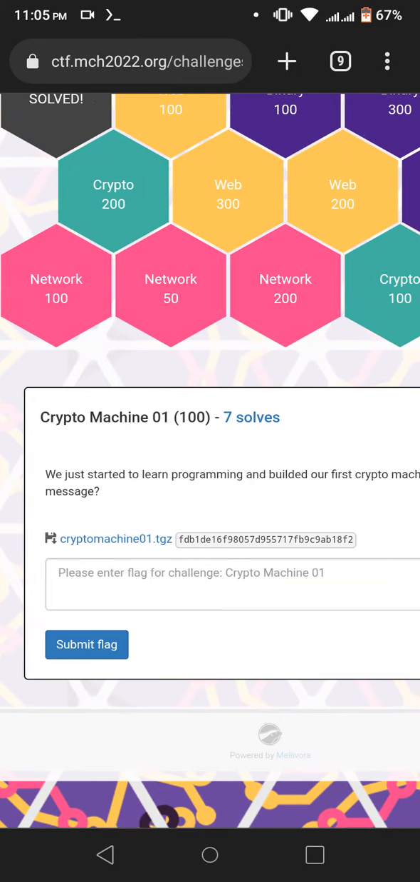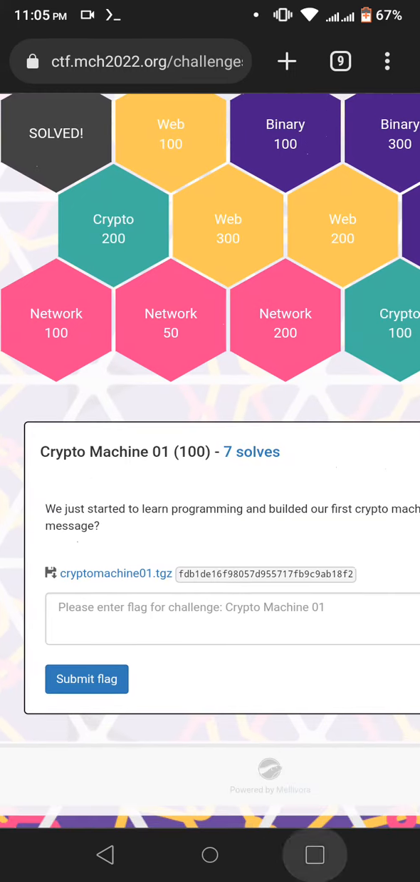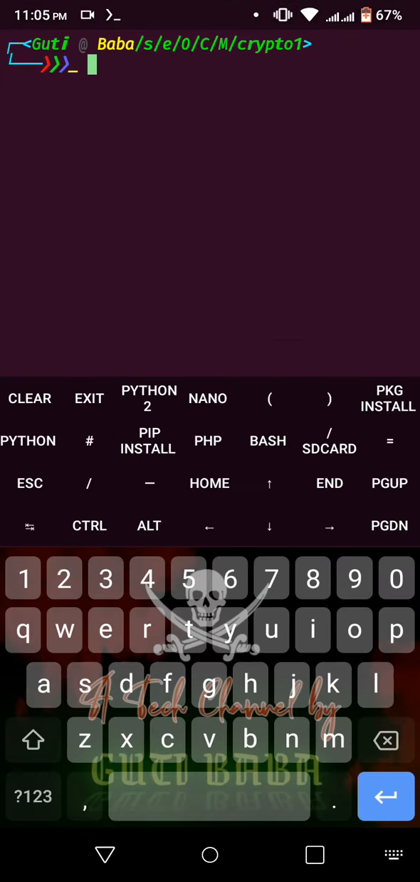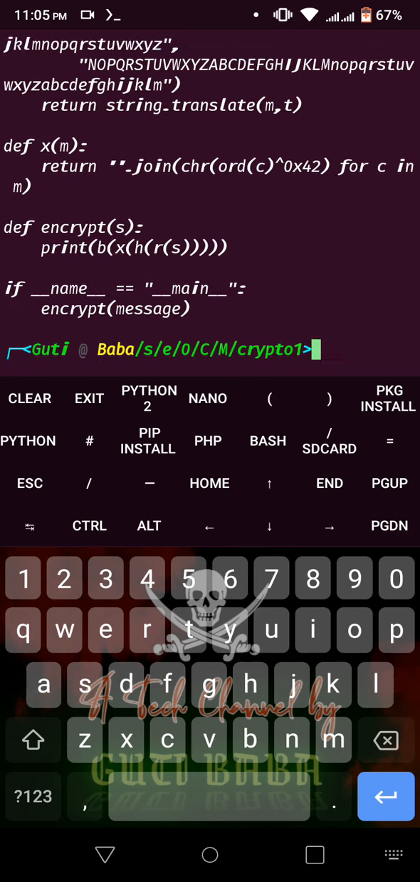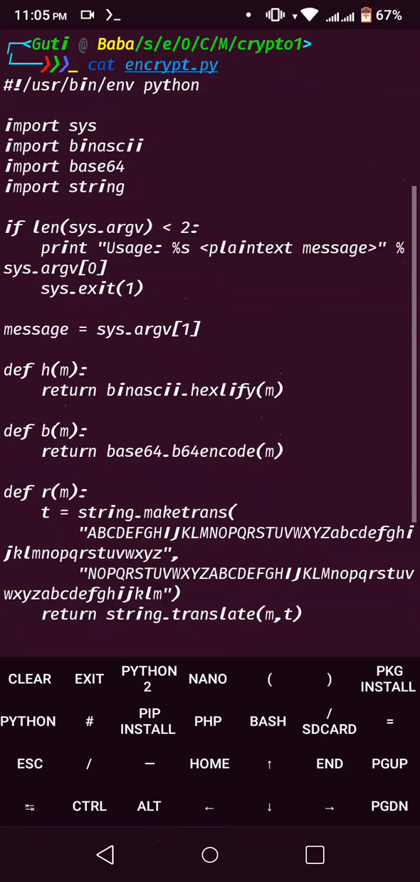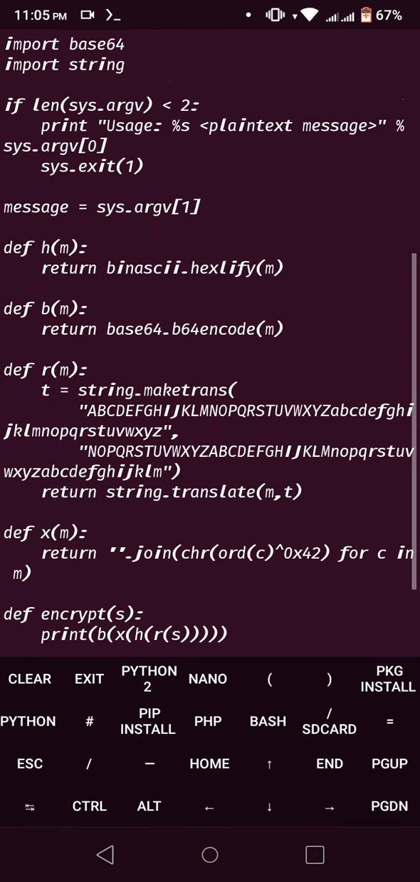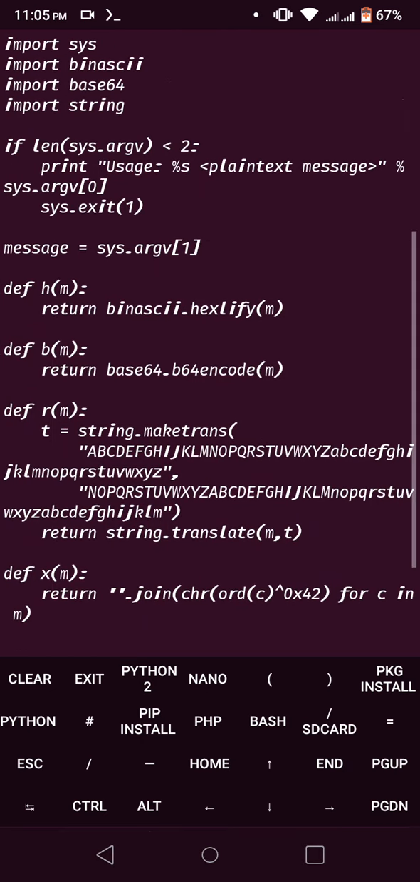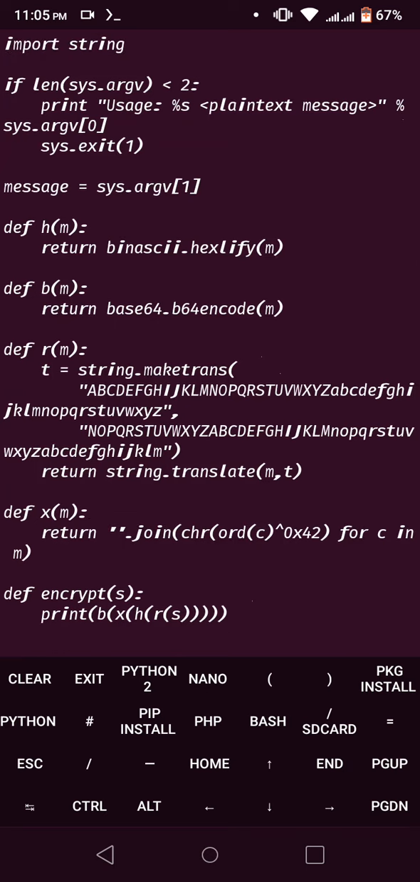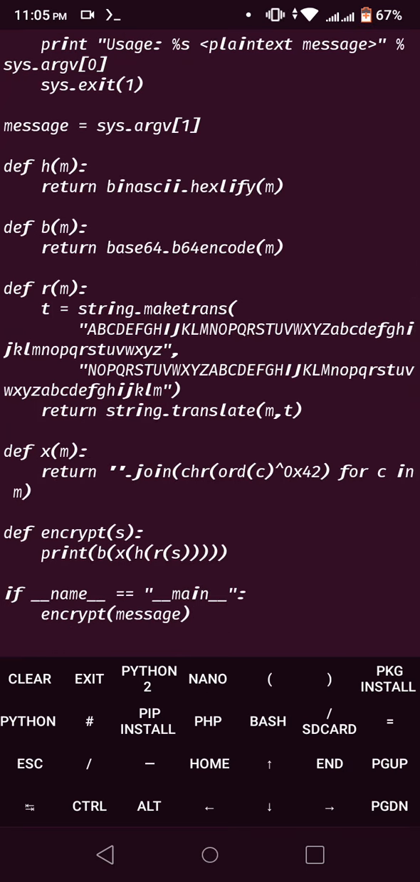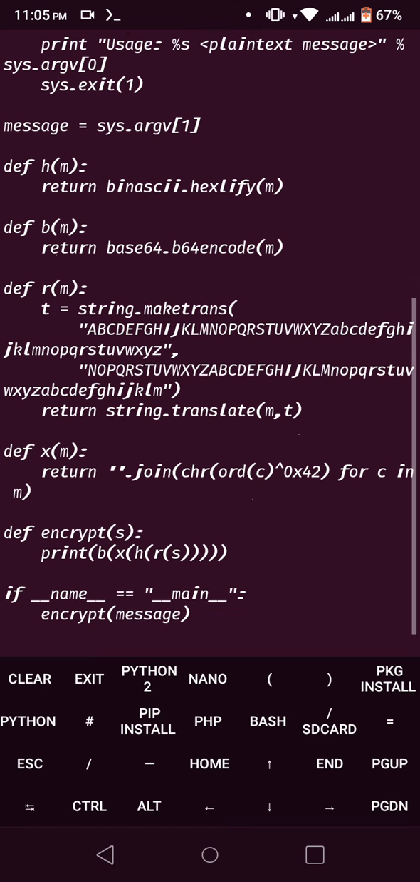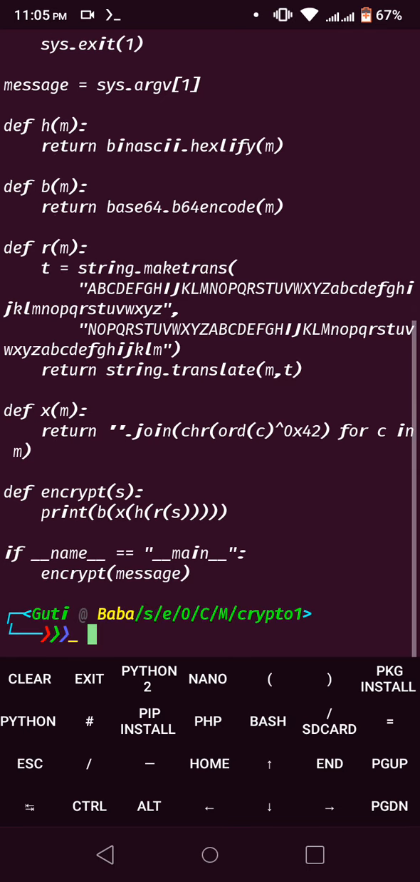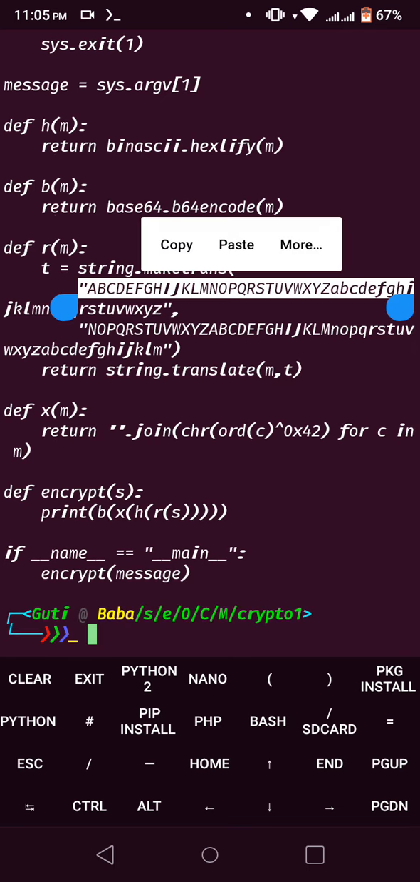Here it is, named Crypto Machine. Here's a file I have already downloaded, and I got an encrypted message and also a Python script. So let's see it here. We can see that there is an argument, and then the input argument string is encoded into hex and then base 64, and then here this is a b c d f